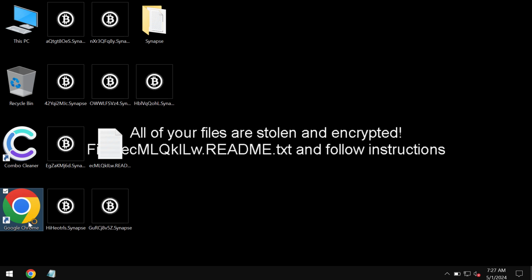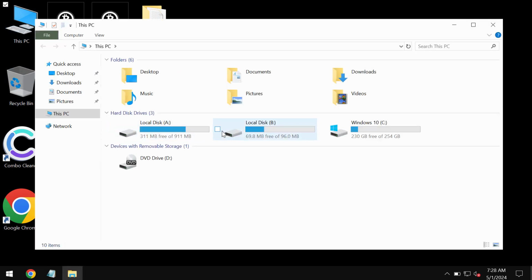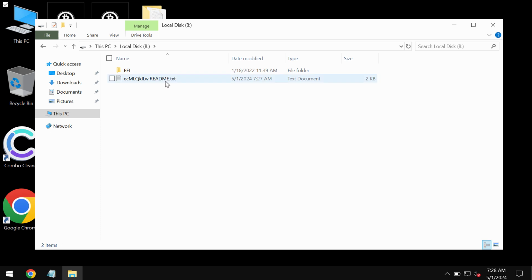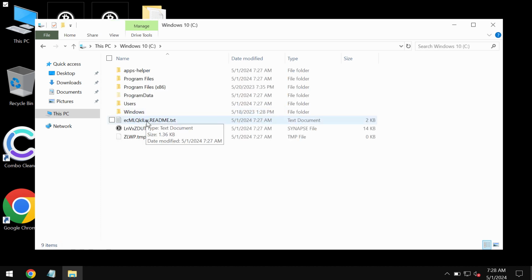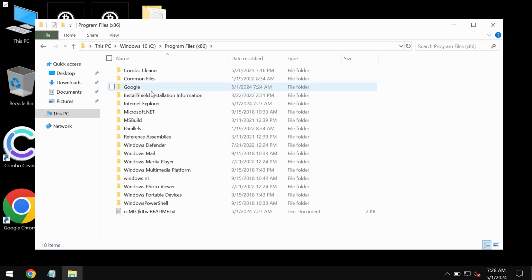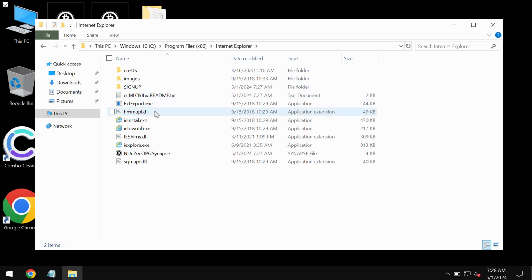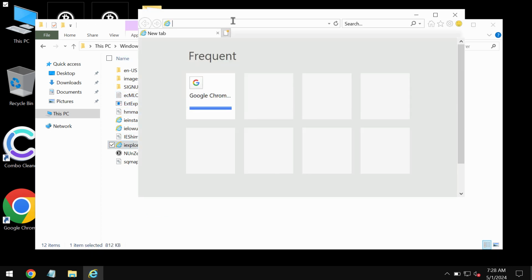I recommend you to remove this ransomware with the help of reliable antivirus software, and I recommend you to use Combo Cleaner for this purpose. You may get Combo Cleaner on the website combocleaner.com, but to get there, you will need to use your Internet Explorer browser because other browsers could be also damaged by this ransomware. So go to the page